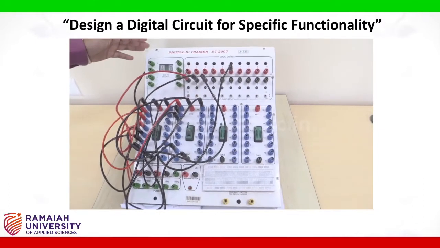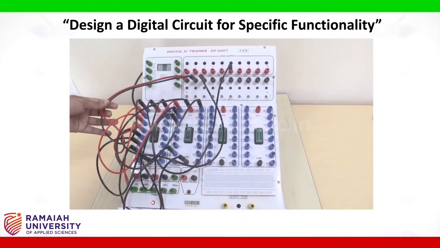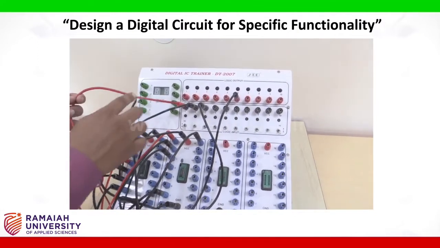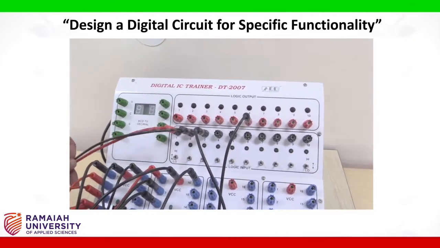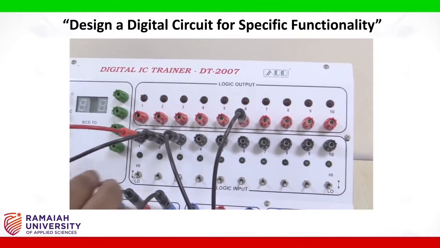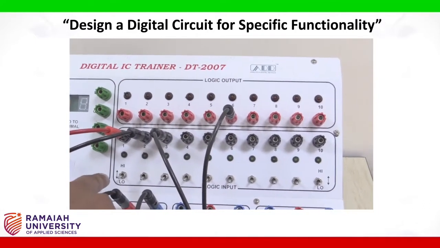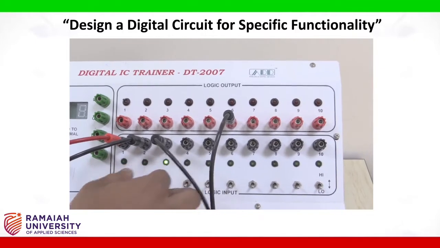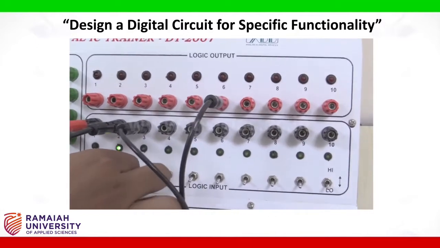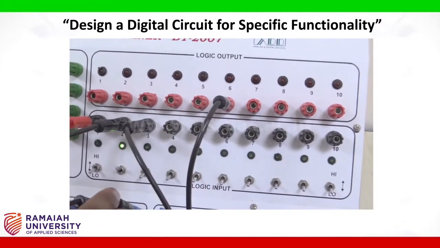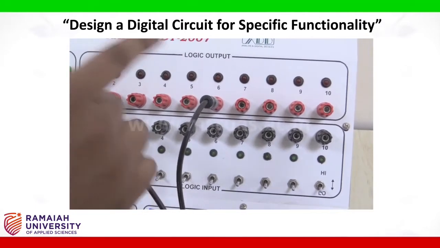So we will turn on the power supply to the digital IC trainer kit. Then now we will verify the outputs according to the truth table. There are 3 inputs, B, C, D and 1 output. So now by changing the inputs we will see the output. So now according to the truth table, whenever the inputs are 0 0 0, output will be 0, and for the second combination inputs are 0 0 1 and output will be 0, and for the next combination input is 0 1 0, still output will be 0. The third combination input is 0 1 1, output will be 0.